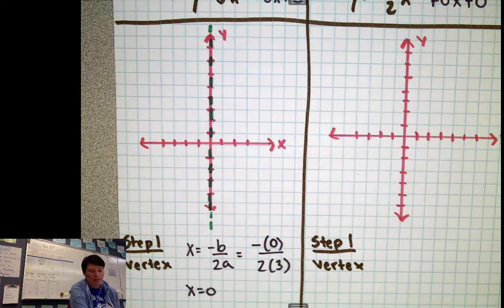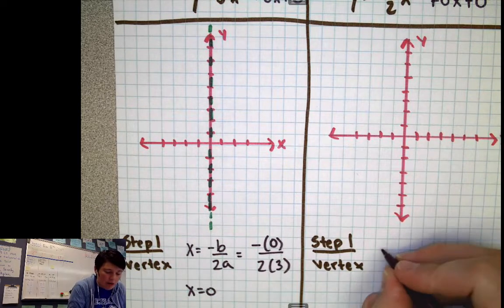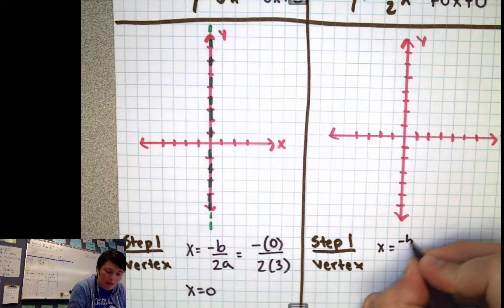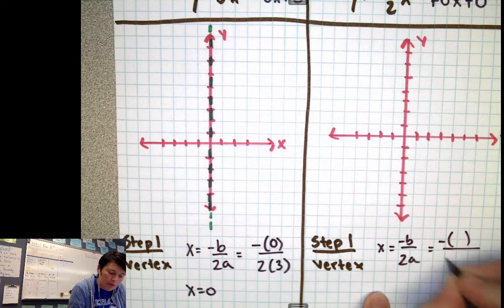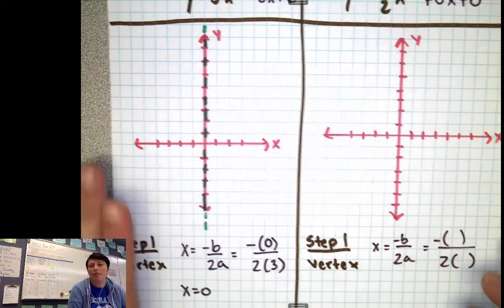And if you look, if we did the same thing for the other equation, x is going to equal negative b over 2a. We're going to do negative blank over 2 times blank. Remember what the ABCs for this one